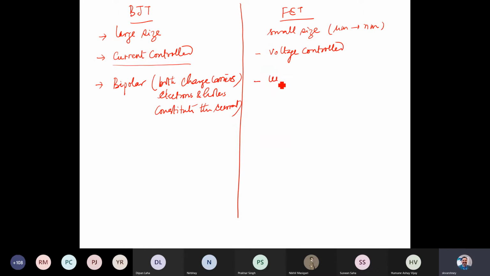Unipolar means only either electrons or holes. That depends on how we create the device, which I'm going to explain. Only one type of charge carrier constitutes the current here.